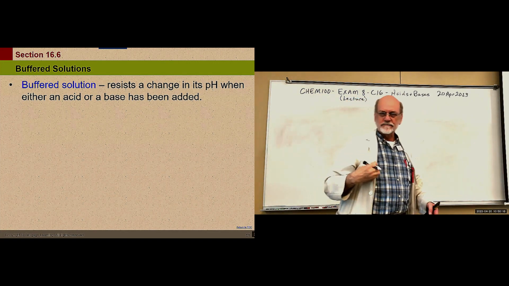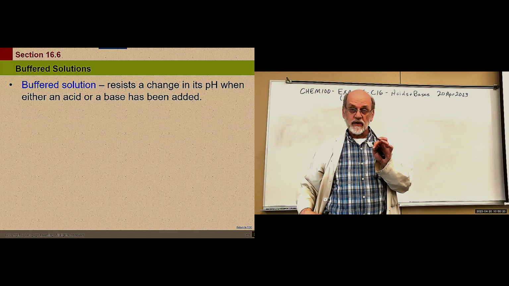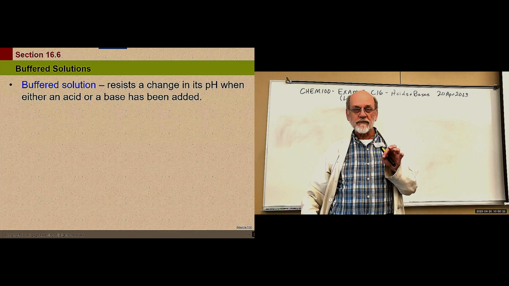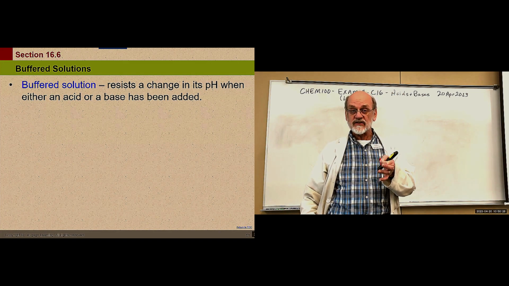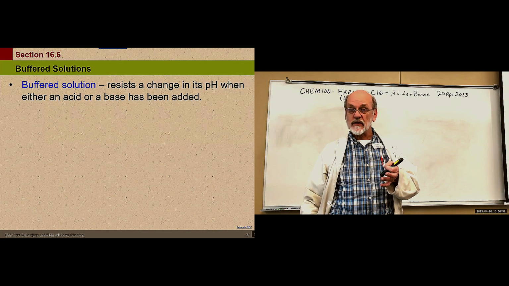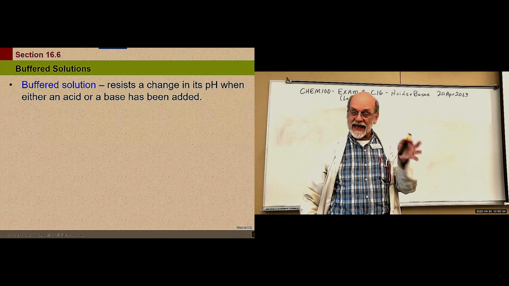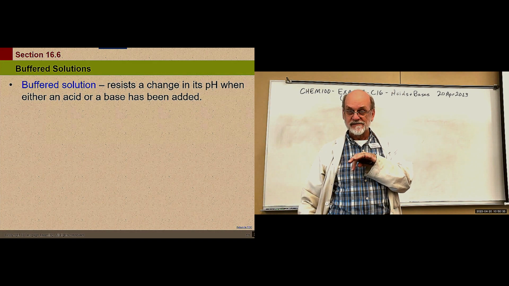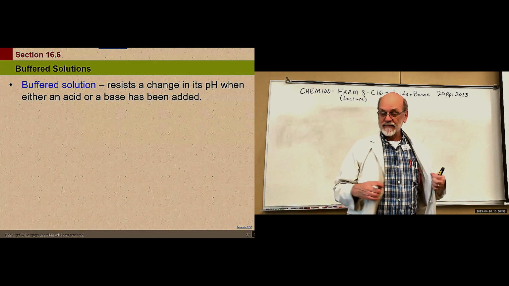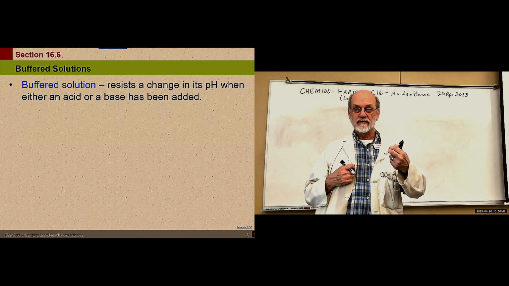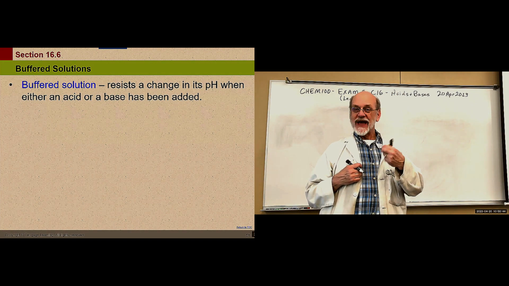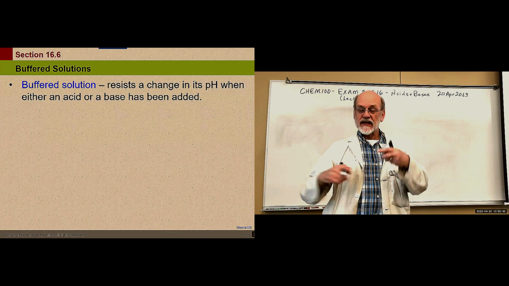What is a buffer? In chemical terms, we refer to a buffer as any solution that resists a change in its pH if we try to disturb its equilibrium by adding an acid or a base. Okay? That is a buffered solution. A buffered solution is in equilibrium until you add an acid or a base to it, and then it shifts